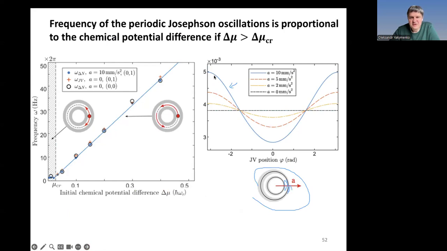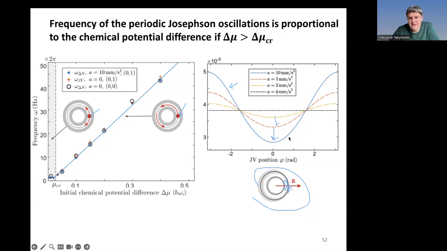This is the potential well of the vortex, which is trapped between these rings. The red dot shows the vortex between these rings. Due to the acceleration, the potential well may get deeper and deeper,